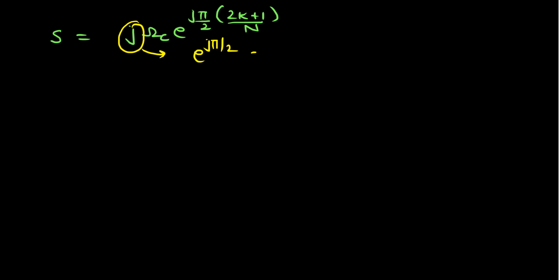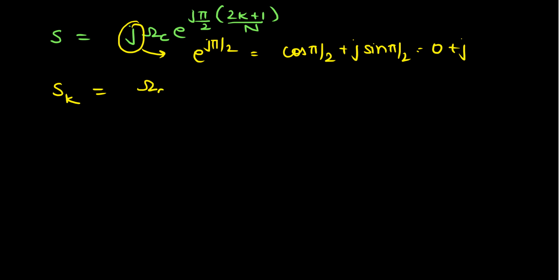So what we have is s is equal to j omega c into e to the power j pi by 2 inside the bracket 2k plus 1 divided by n, and we can write this j. So this j can be replaced as e to the power j pi by 2, which is equal to cos pi by 2 plus j times sin pi by 2, which is equal to 0 plus j, which is equal to j. Therefore, the kth root of this expression, that is sk, will be given as omega c into e